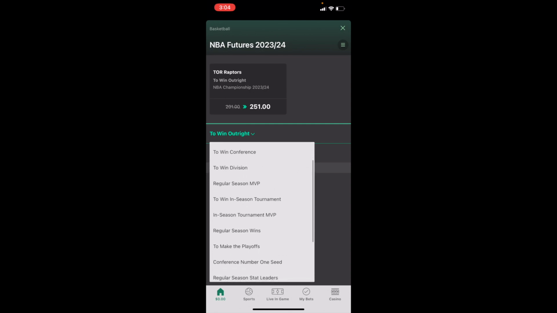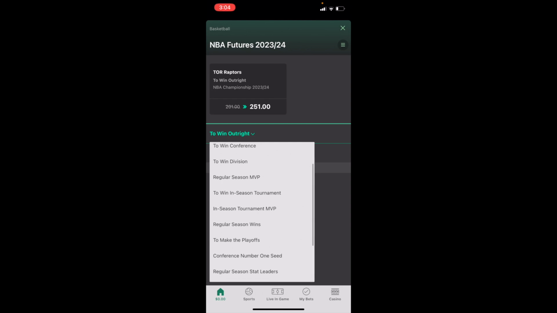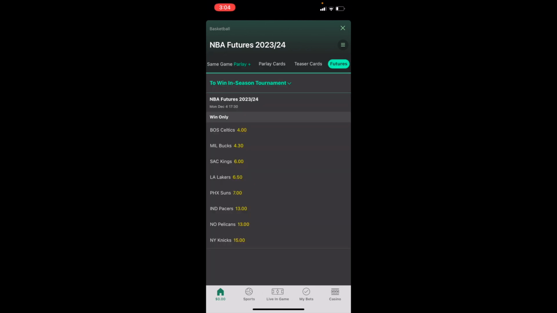Slide down to where it says to win in-season tournament. Go ahead and press on that one right there. Now, a whole bunch of different options are right here. So you have the Celtics, the Bucks, whatever's presented at this moment in time that you're willing to place this